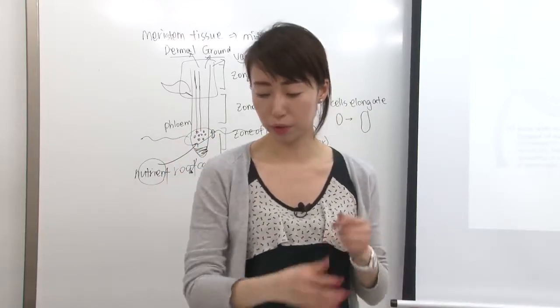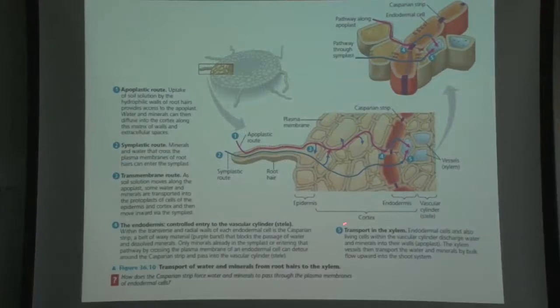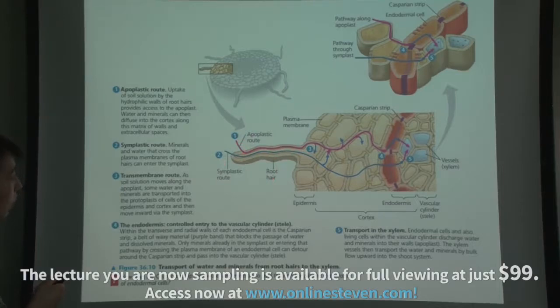Okay, we'll look at the picture for Casparian strip. So this is a picture of a Casparian strip. When you look at this, this is a root. Okay, so the root actually absorbs nutrients like this through one of these routes. Okay, so this is the root surface, this one. Okay, and at the root surface, there are two routes: the apoplastic route or the symplastic route. Okay, actually they absorb nutrients like this, but as a result, they have to enter the xylem or phloem, right? So they have to enter the vessels, all right, so that they can be transported upward or downward. So in this case,